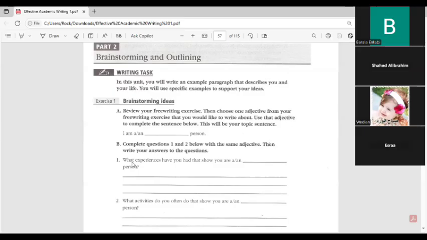Here, the question number one. If I put here in the blank, I am a creative person, this is my trait, or my characteristic. Number one, the question: what experiences have you had that show you are a creative person? You can ask yourself this question in order to justify your speech. Why do you think that you are a creative person? For example, because I organize things, because